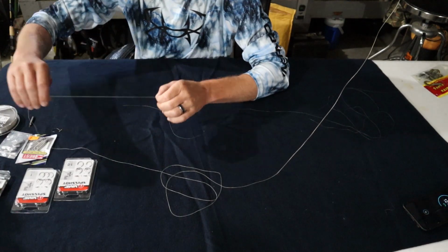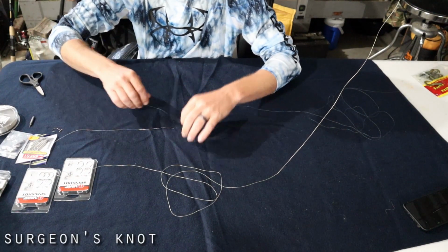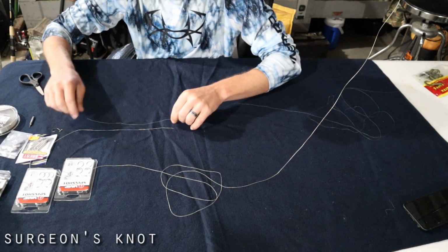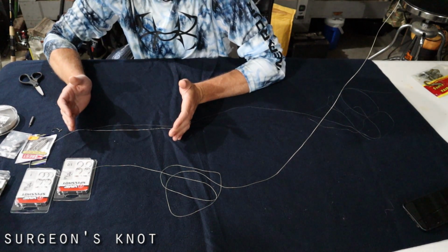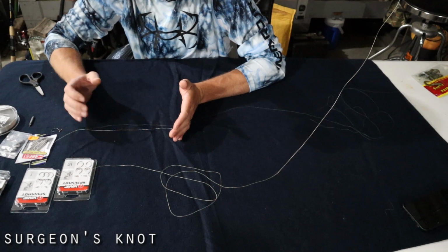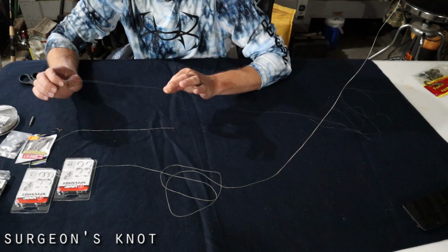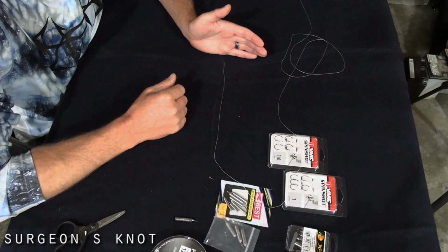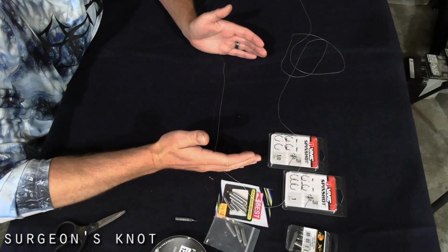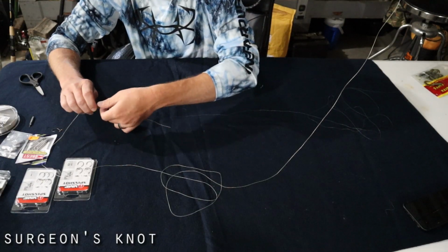First thing you're going to want to do is connect your main line to your leader line. If you're sitting down looking at it, your main line braid, in this case, is going to go to your left, and your leader line is going to go to your right. So the end of your main line should be at your left hand, the end of your leader line should be at your right. So you're going to want to take your lines together,